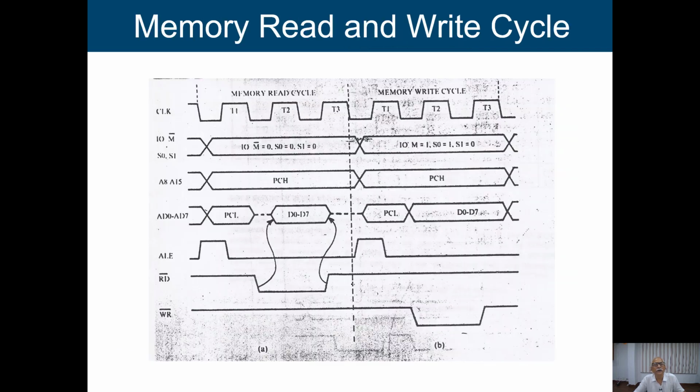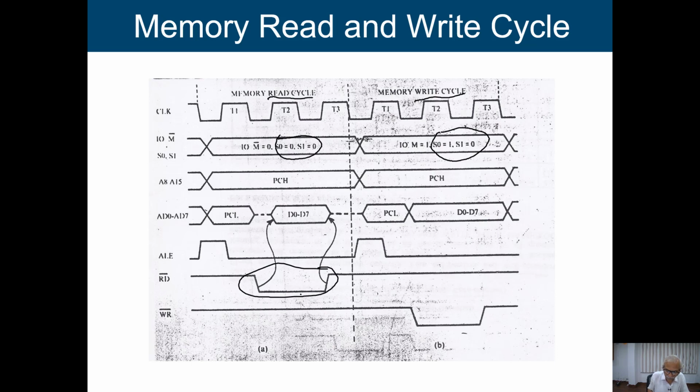So similarly, it is the same way. One is your memory read cycle, and this is the memory write cycle. They will again be distinguished with the help of these two signals S0 and S1. Okay, and when it is a memory read, we are giving this particular read signal at that point. This is basically active low.